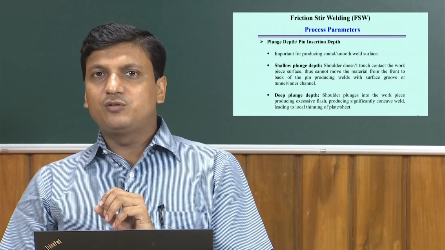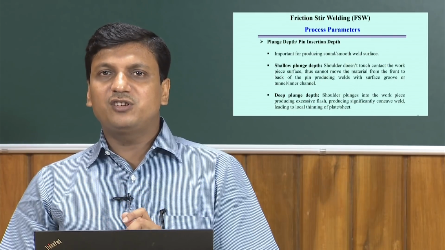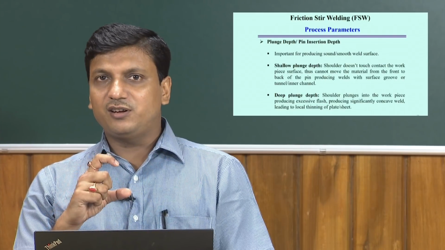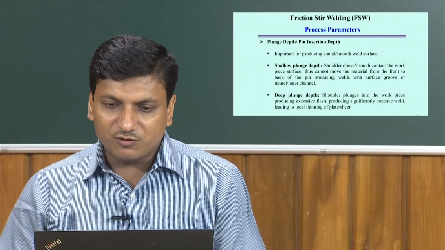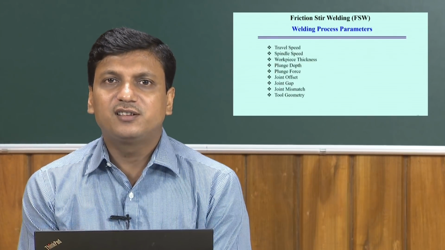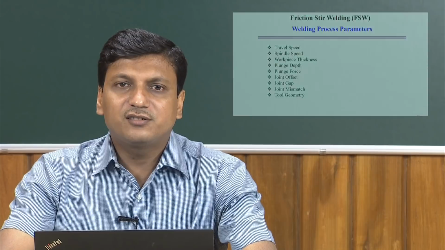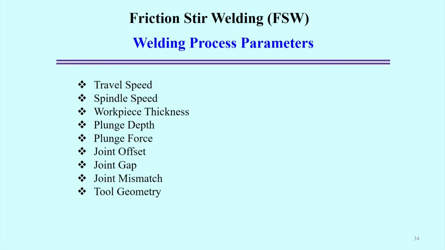Therefore, tool pin size is almost similar to the thickness or depth of the workpiece material. Apart from that, there are several other welding process parameters. For example, travel speed, that means welding speed, the spindle speed, the rotational speed of the friction stir welding tool, workpiece thickness,